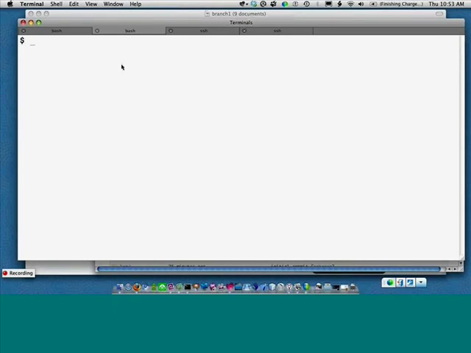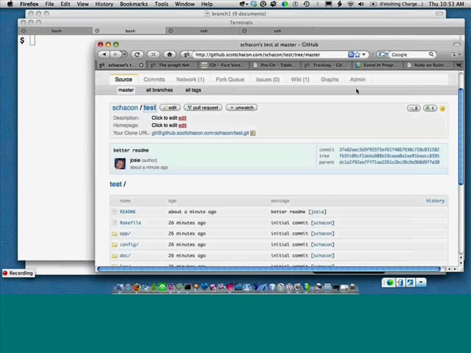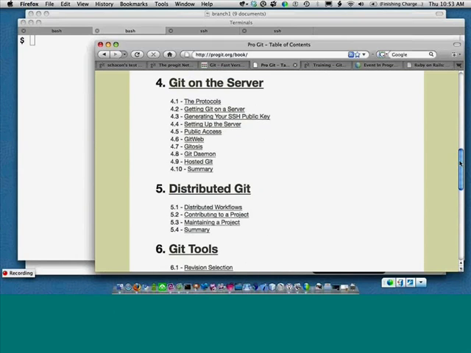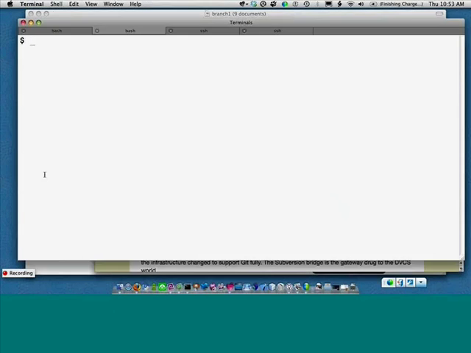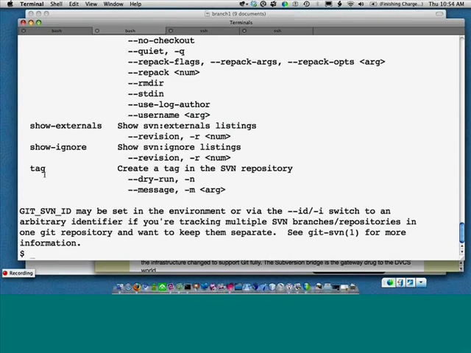Interacting with SVN repos. Yeah, so that's a little bit outside of the scope of this probably. If you want to read about it in depth, there's basically a whole chapter on this in the Pro Git book, Git and Other Systems. Basically there's a git svn command that Git comes with, which is a bidirectional bridge to Subversion. And so you can do stuff like git svn